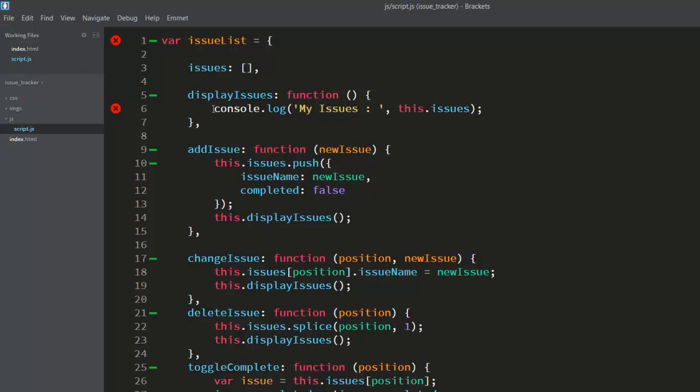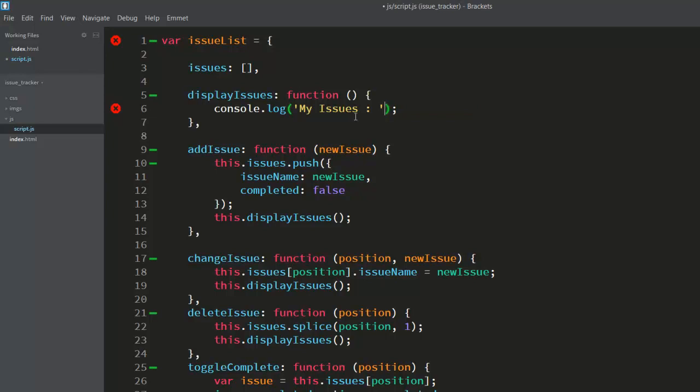So right now, as you can see, when I'm displaying this issues array, it is displaying the issues in the form of object. But I do not want to display the issues in the form of object. I just want to display the issue name property. So let us work on the first requirement, and that is the display issue method is going to display the issue name property. So how exactly it will be working?